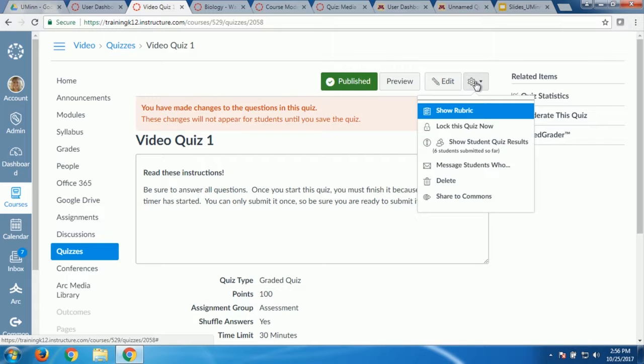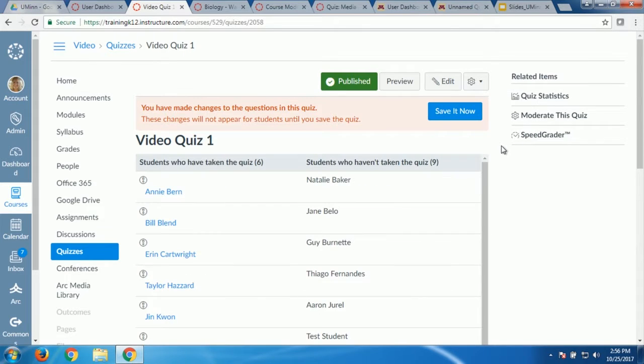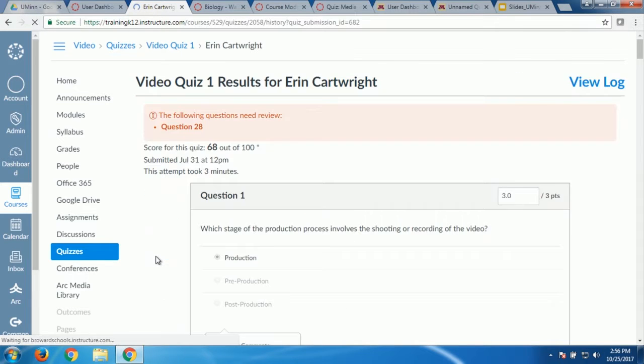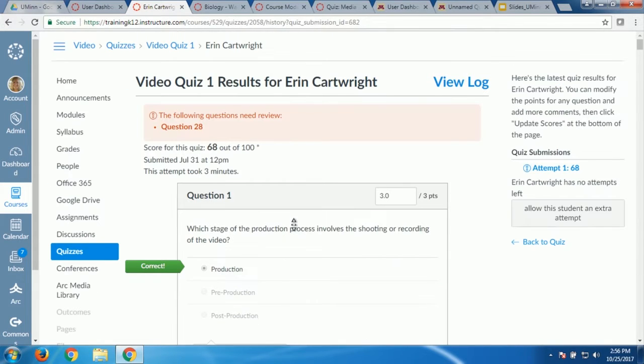Here's my favorite part of a quiz. The gear icon, there's more stuff here. Favorite part. When I get to quiz results, I can click on a student. The only reason I see an exclamation point is telling me I have an essay question to grade. Why did I assign an essay question? Now I have to grade it. So annoying. I'm going to pick a student though, and I can see student by student their results.